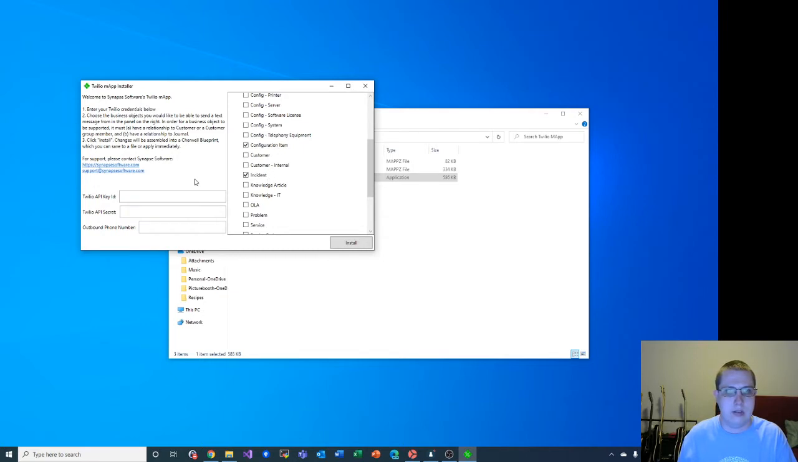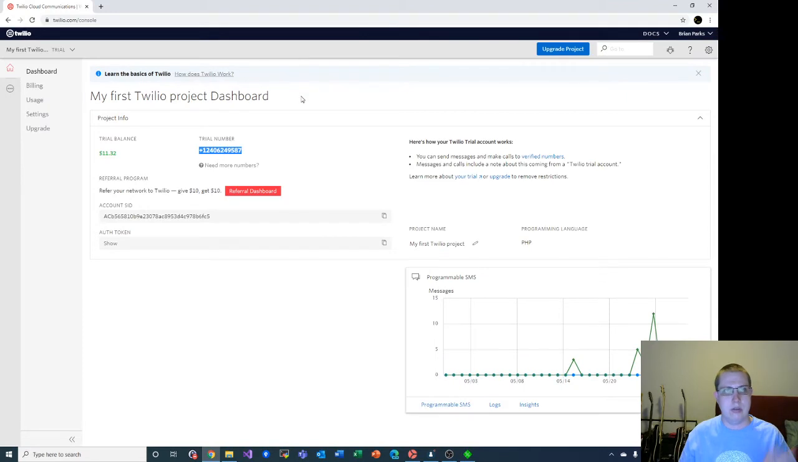I'll do incident and configuration item. You do need to specify your Twilio API key and secret and your outbound phone number. These can all be found on your Twilio dashboard. So you can see I've signed up for just a Twilio trial account,